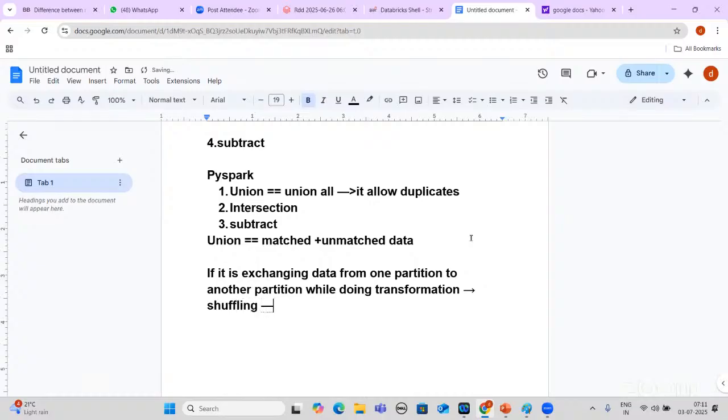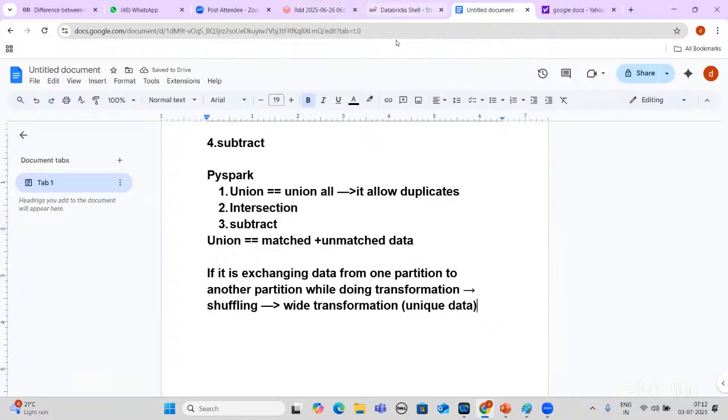So if shuffling is happening, that is a wide transformation, and you will get unique data. Subtract is also a wide transformation, distinct is also a wide transformation.